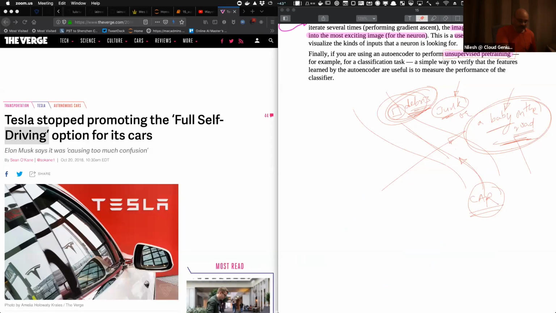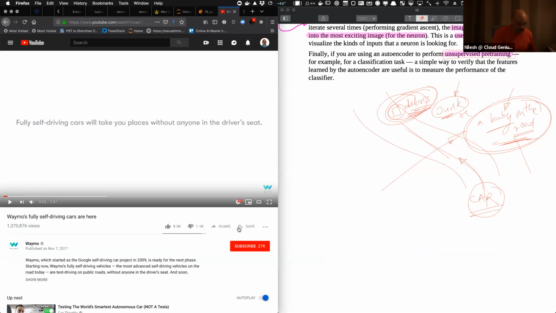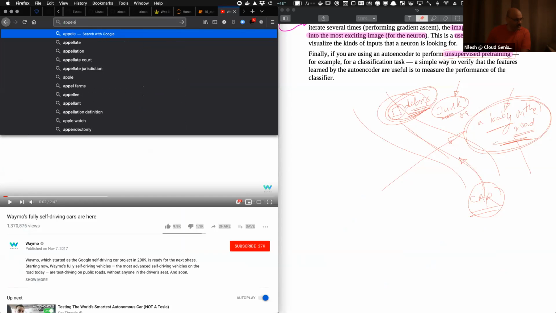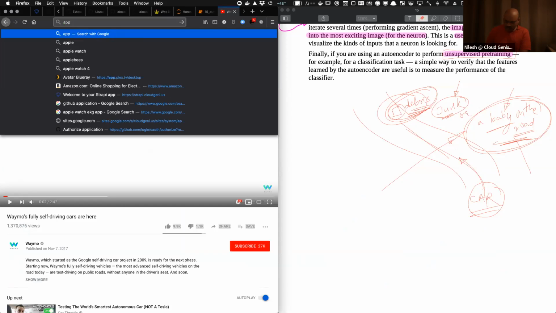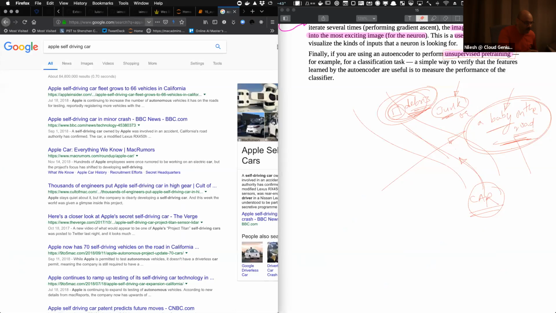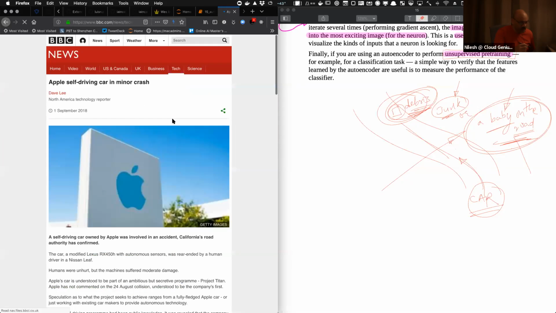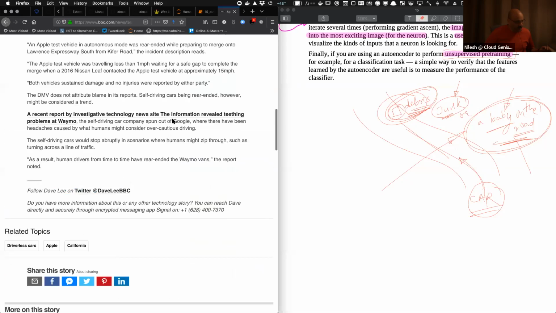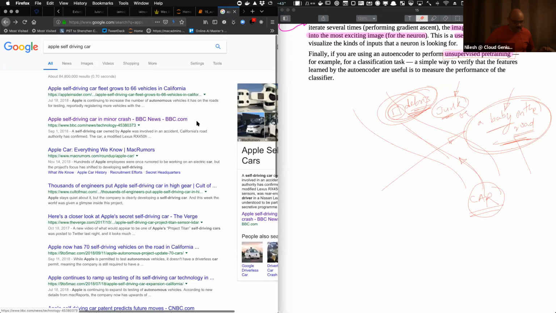And so that's the state of affairs today. Having seen that, there is actually one more thing. Maybe there's one more company which is said to be doing it. Minor crash. No pictures. I was expecting pictures, but